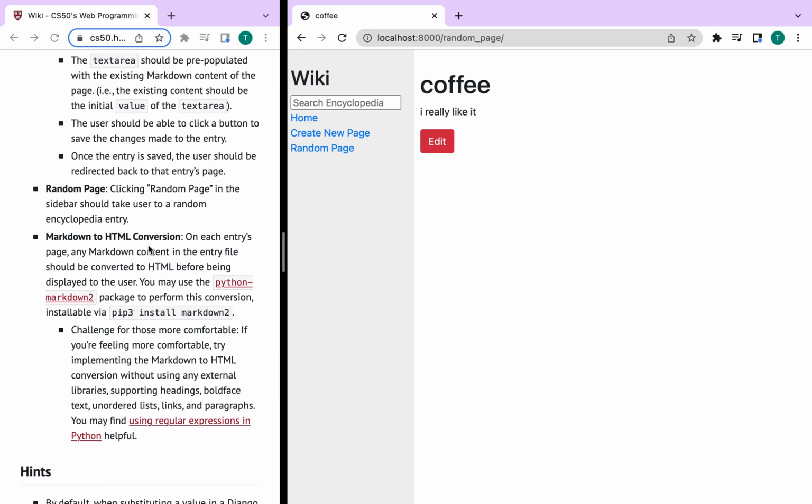And Markdown to HTML conversion. On each entry's page, any Markdown content in the entry file should be converted to HTML before being displayed to the user. So, like I showed right here,